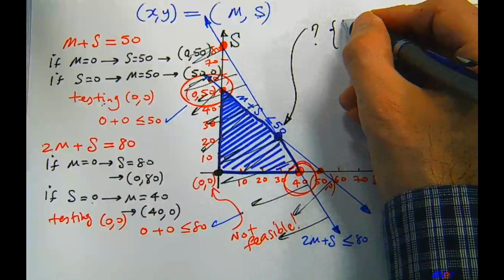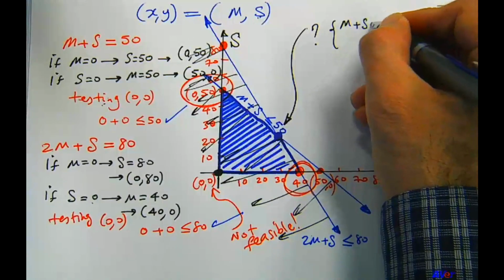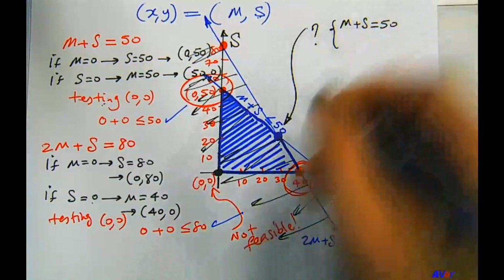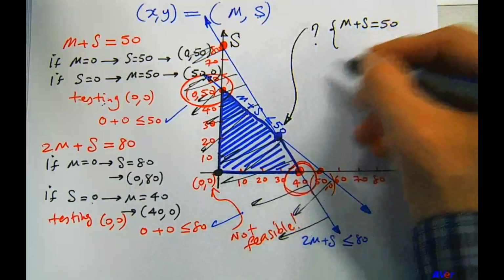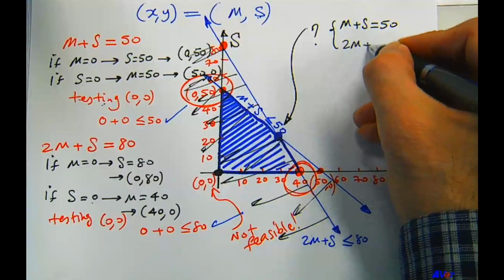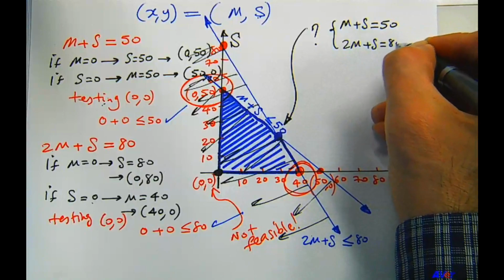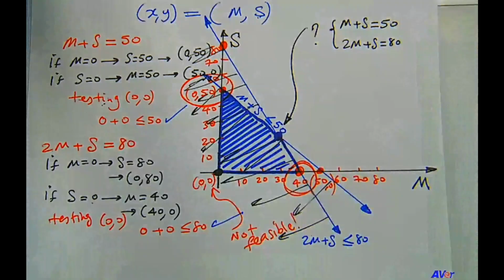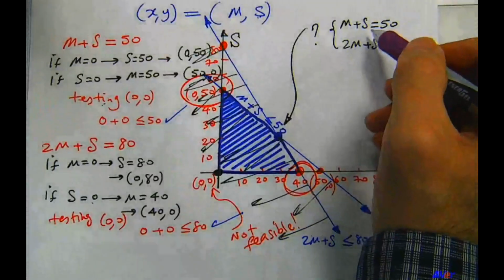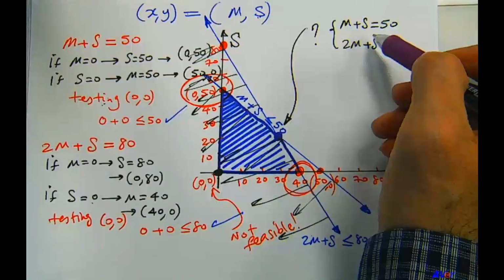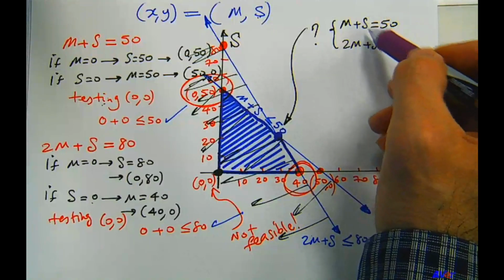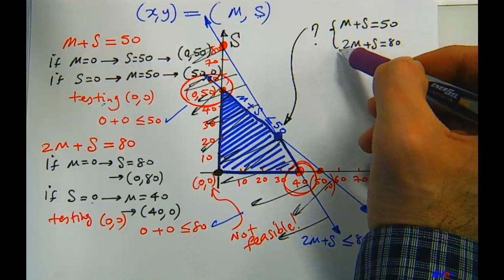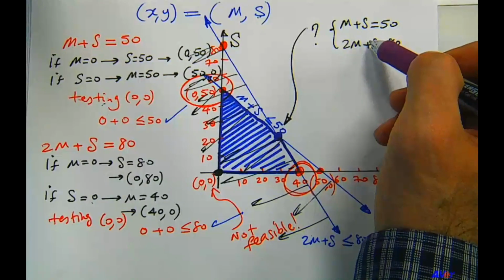So let's set that up. m plus s equals 50, because we were looking for the coordinates of that point. And then 2m plus s equals 80. Okay. So let's multiply either equation by a number that would help us eliminate one of these variables and then solve for the other and plug back in and solve for the